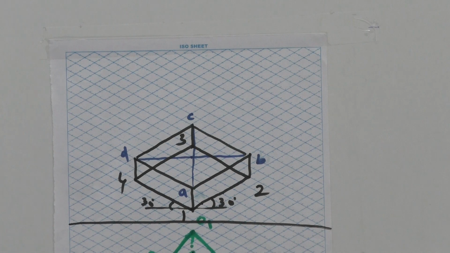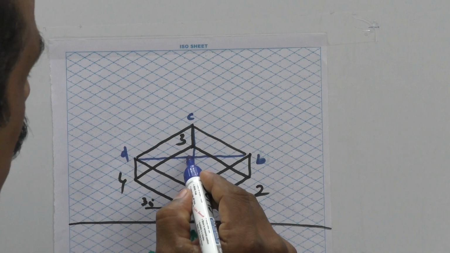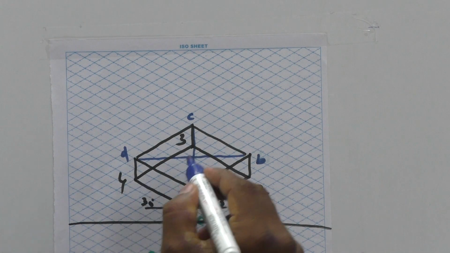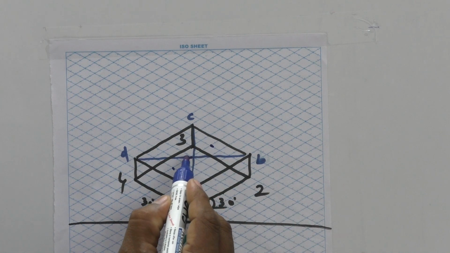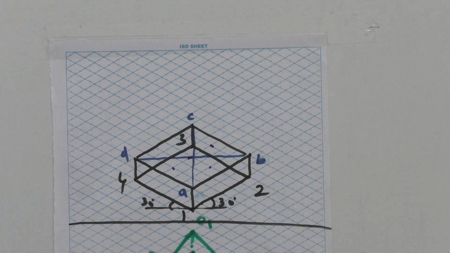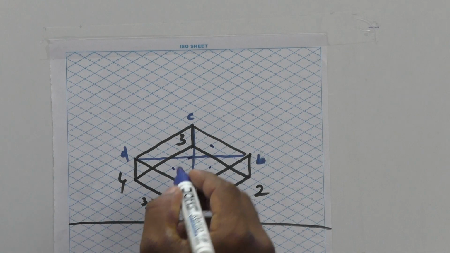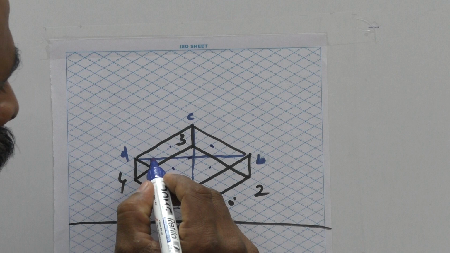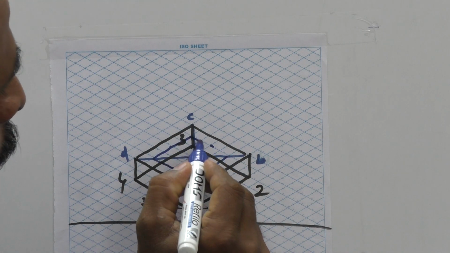Same thing you construct or redraw in your sheet. From the midpoint, imagine you will get a midpoint somewhere else here. From here, 2 boxes, 0, 1 box, 2 box. You draw or mention these 2 boxes in such a way that they are inclined to this line only. Don't draw according to the horizontal line. Clear? According to the 30 degree line only, you need to reconstruct it. Similarly here also 0, 1 box, 2 box. So you will get a square of base 40.